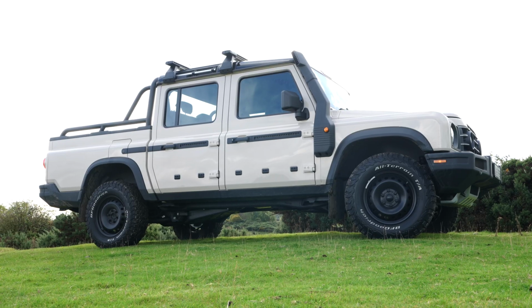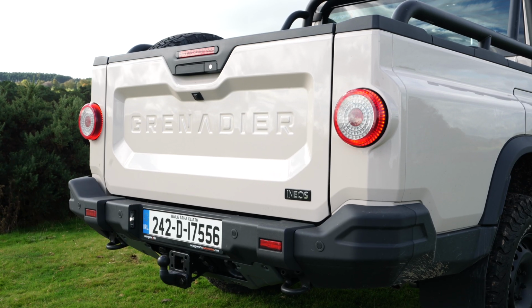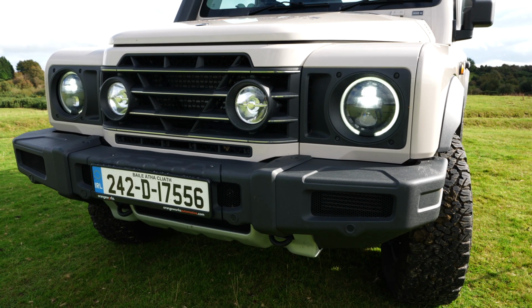These are not small buses. It's awkward getting it into car parks. It will stick out beyond a standard car parking space, and it's not something you want to bring into a multi-storey car park. That said, there will be people who will want these vehicles in a lifestyle capacity, just because,